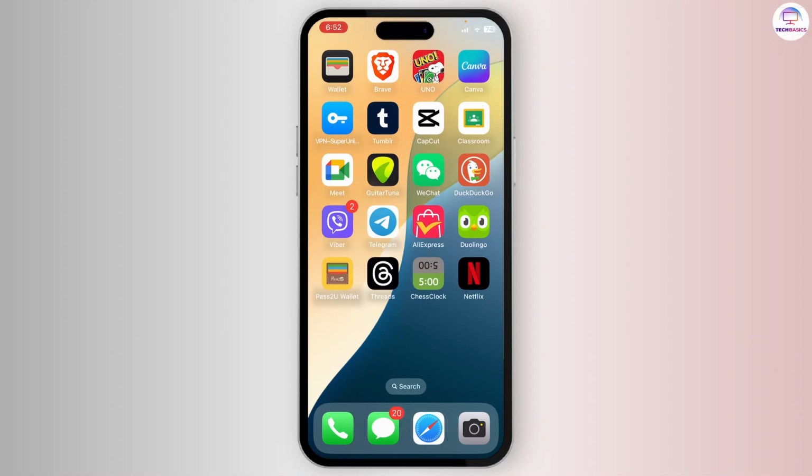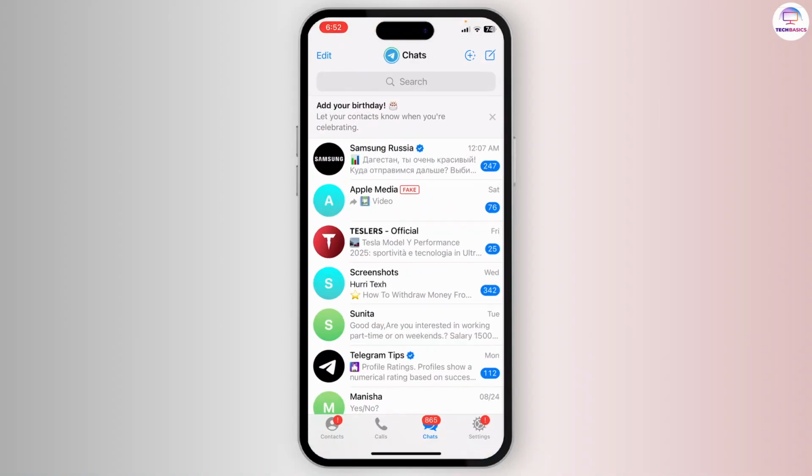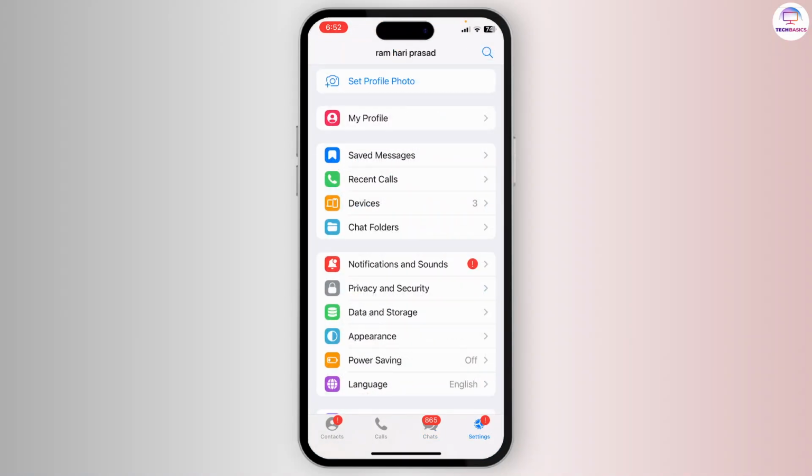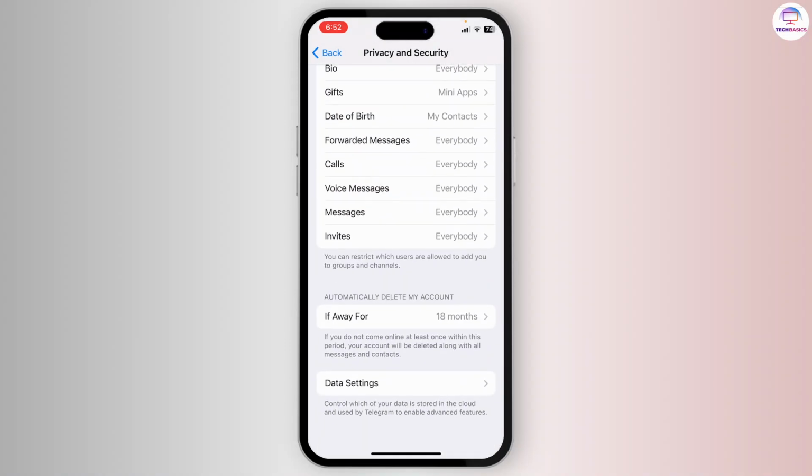Now let's begin. First of all, open up your Telegram and make sure you're logged in. Then you can head over to the bottom right corner on the settings option. And after you're on your settings, go to privacy and security. After you've done that, scroll down and there you'll find a section that says automatically delete my account if away